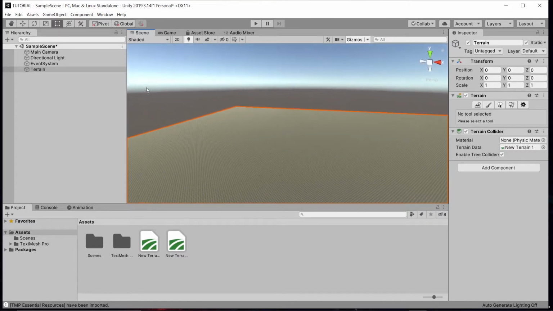Let's get into making ourselves a car racing game. Alright, so once we have our terrain here, we've got on the inspector, we've got this